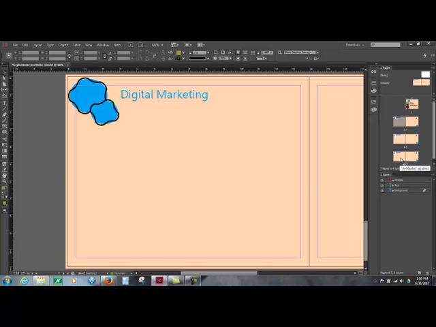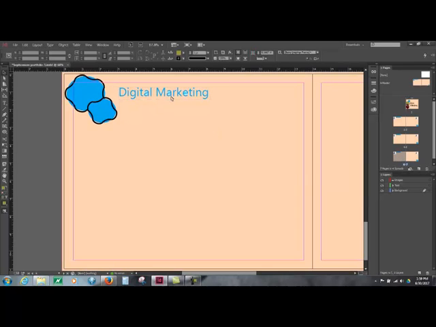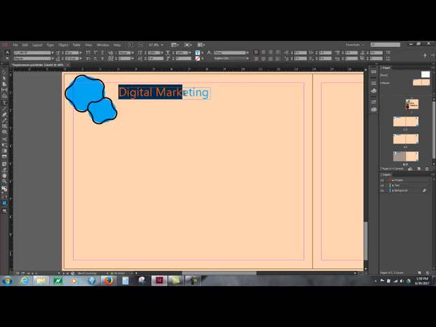But now let's imagine that I'm on page 6, and on page 6 I want this not to say digital marketing, I want this in fact to say industry and statistical analysis. So what I do is I do a Control Shift, a Command Shift if you're on a Mac, left click, and then that space becomes activated. Then I can come into this area and I can type in